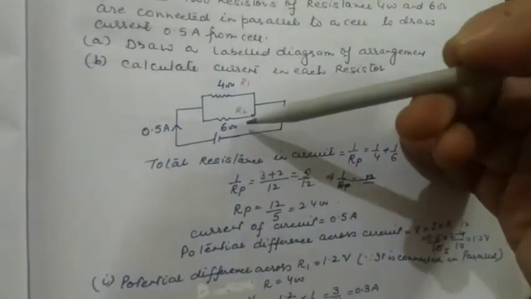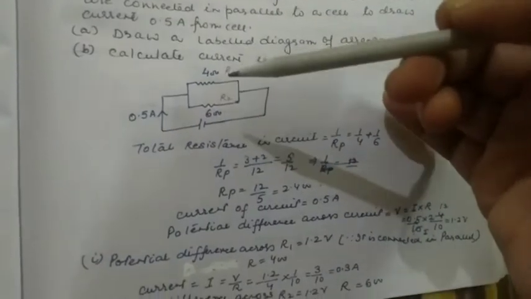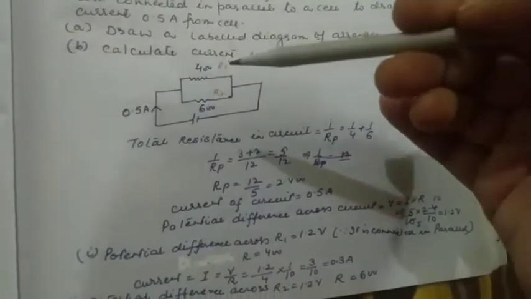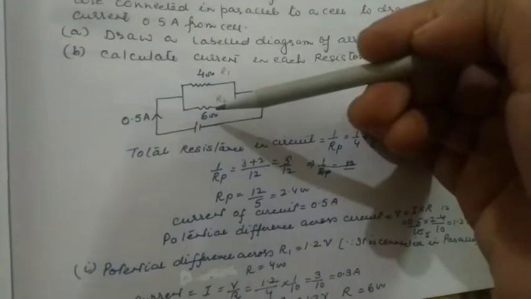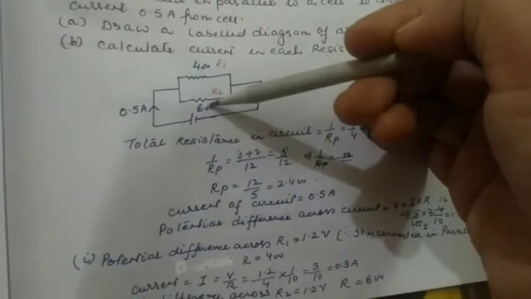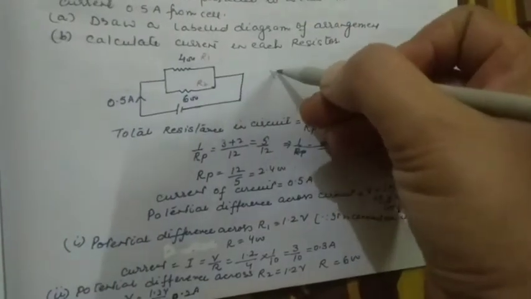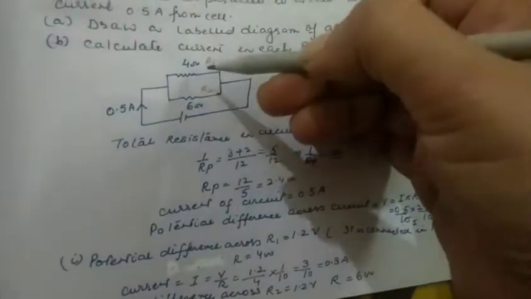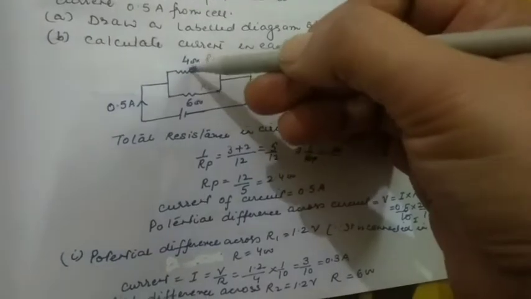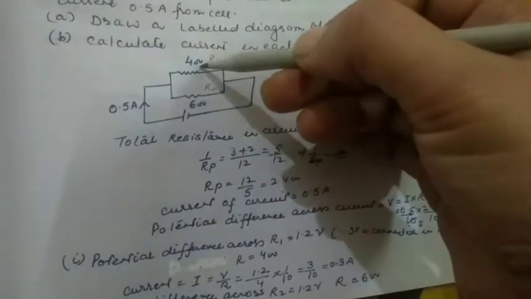Now we are required to find the current across each resistor. Be careful how to solve this. It is a little bit of a typical question. If we consider both connected in parallel, which thing is the same in parallel? In parallel, voltage is the same. Voltage across both the resistors will be the same, whereas current is different.